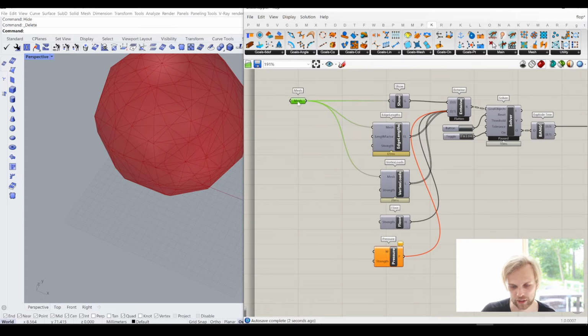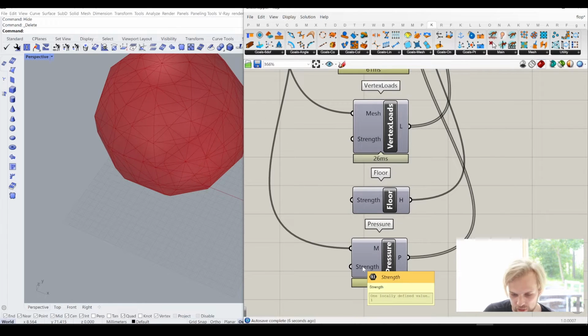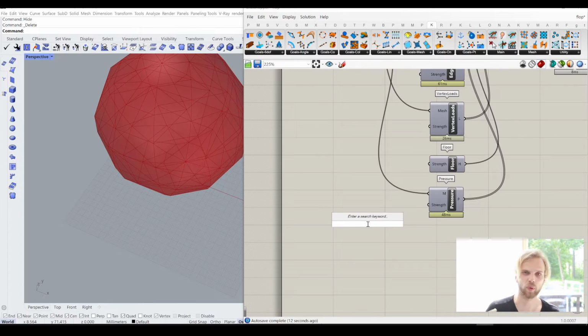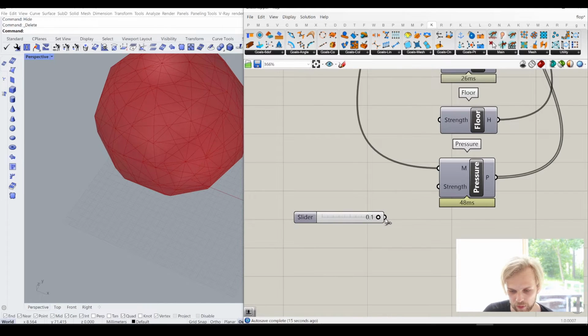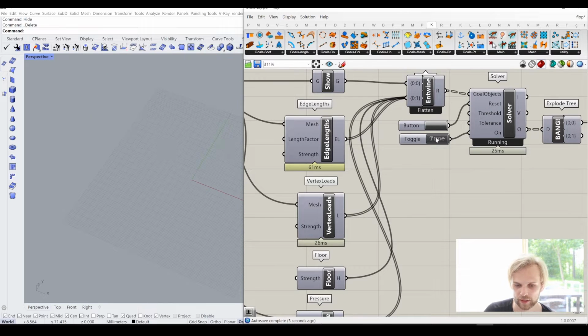And for the mesh, of course, I'm using the same mesh here, like that. And I believe the strength is set to be 1. If the strength is 1, it's going to be way too intense. I'm going to do 0.1 rather than 1, like that. Now, if I reset and run this,